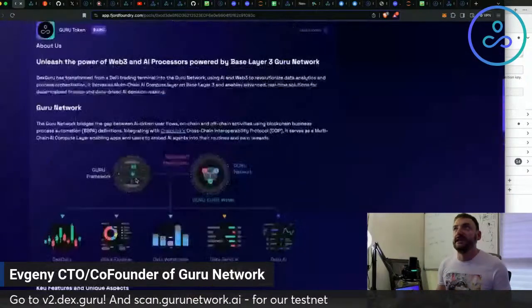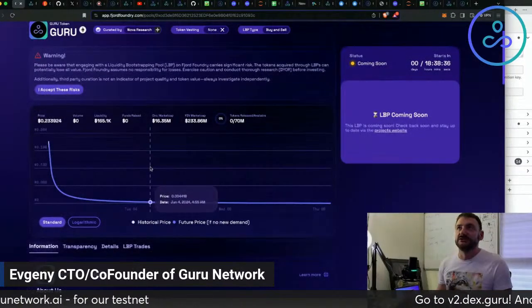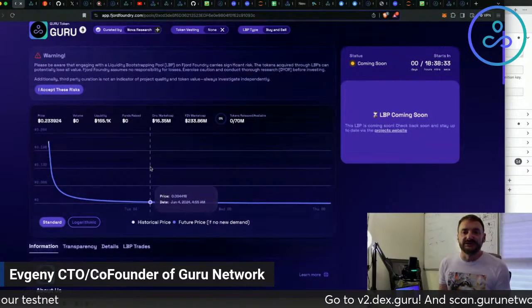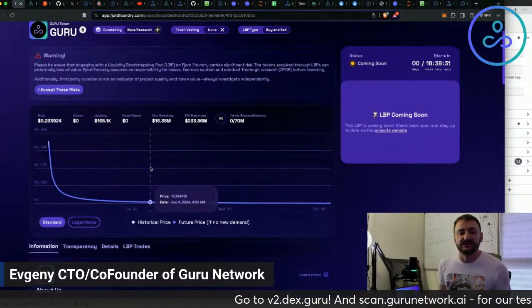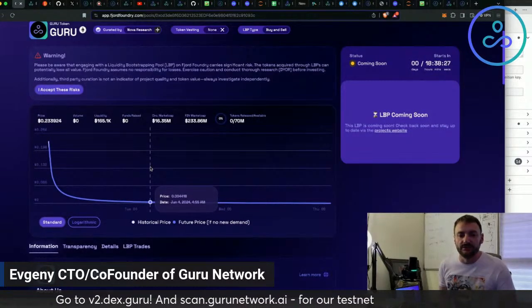Until that time, we're planning on making the Guru token liquid. That's why we're doing an LBP first, then planning for some CEX listing and figuring out the exact Guru economy during the testnet phase.